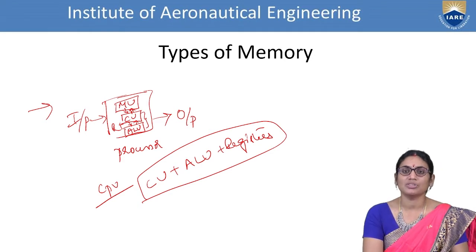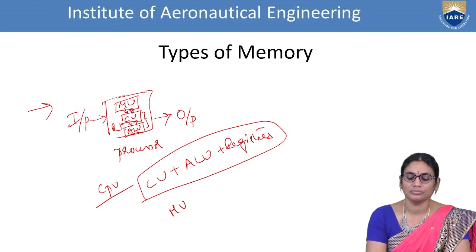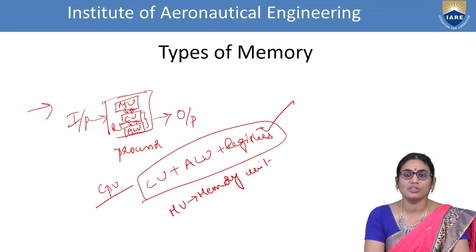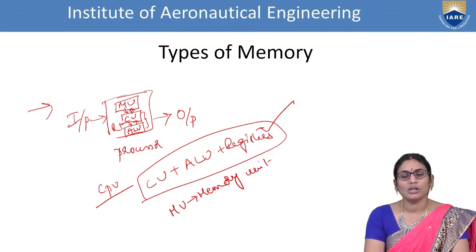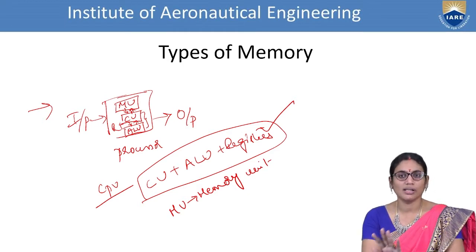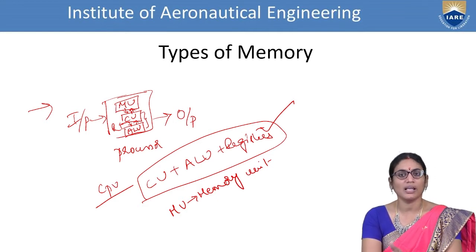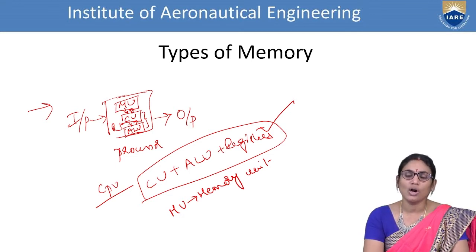Apart from this, we have one more area to focus on, that is the memory unit. This is a basic unit which is essential to coordinate and control the operations. The temporary values you are getting are held in registers. The data which has to be manipulated or operated on is handled by the ALU. How to redirect and restore them is managed and monitored by the control unit. Now, what happens if the data should be stored for a long time?